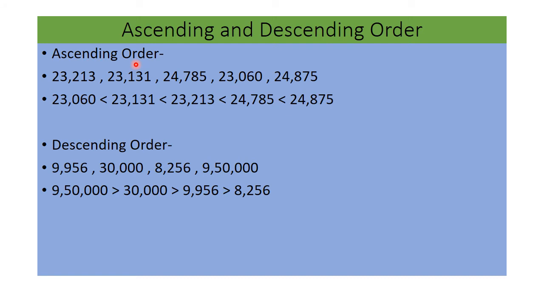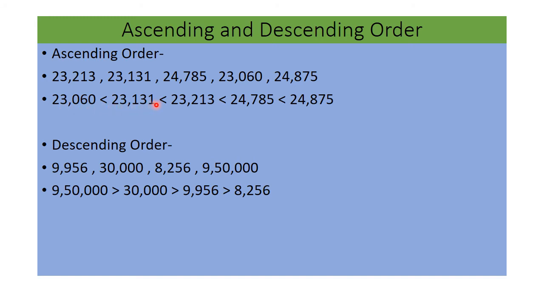First of all, we need to find the number which is the smallest one among these numbers, because we always make the order in ascending or increasing order. That is why we need the number which is the smallest. So which number is the smallest over here? It is 23,060. Afterwards we will put the sign of smaller than, like this. That means the next number will be greater as compared to the first number. So the next number which is greater than 23,060 is